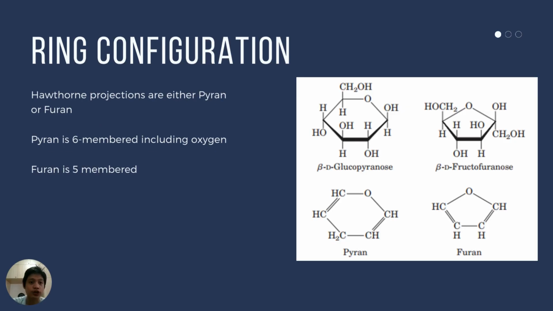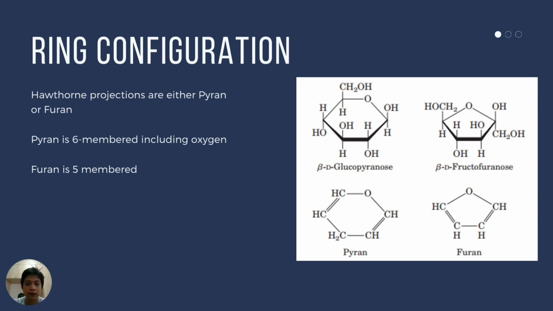Next, let's touch on the ring configuration. So, sinabi natin kanina that sugars can either be projected through the Fischer projection or the Haworth projection. When the Haworth projection is used and a hemiacetal is formed, yung diniscuss natin kanina, structures can either be in the form of pyran or furan. So dapat ma-differentiate nyo kung ano yung pyran